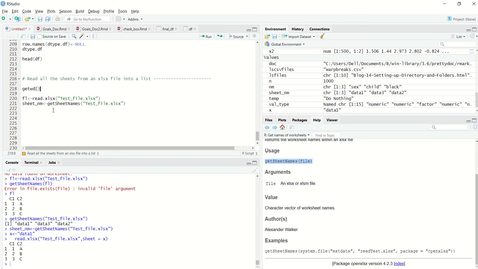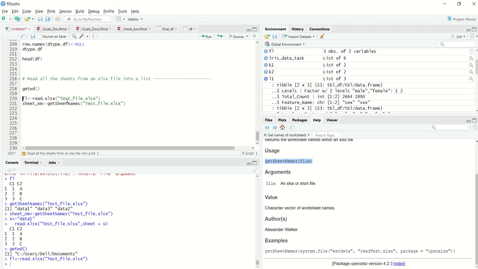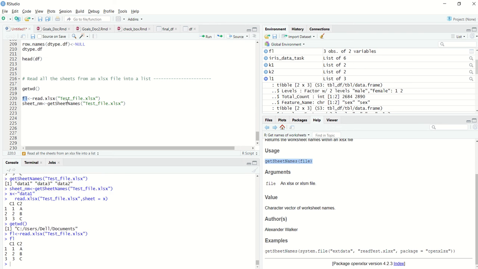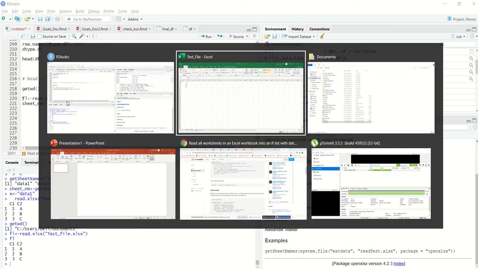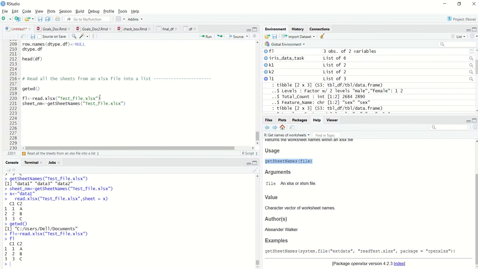So we will try to first get the working directory. This particular Excel sheet is within the document folder. Now, to start with, this is basically to show you how to design the logic. Let's say if I read this Excel sheet, it will by default read me the first sheet, which is data 1. Even though all these three tabs are the same, if I don't specify a sheet name, the first sheet will be read.